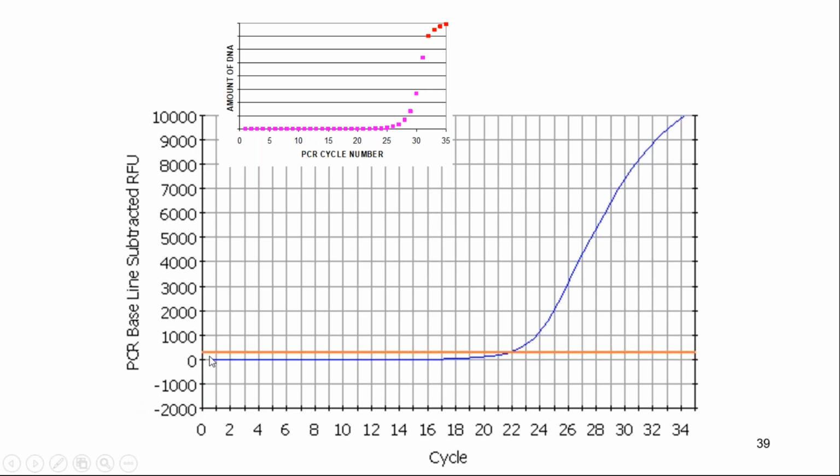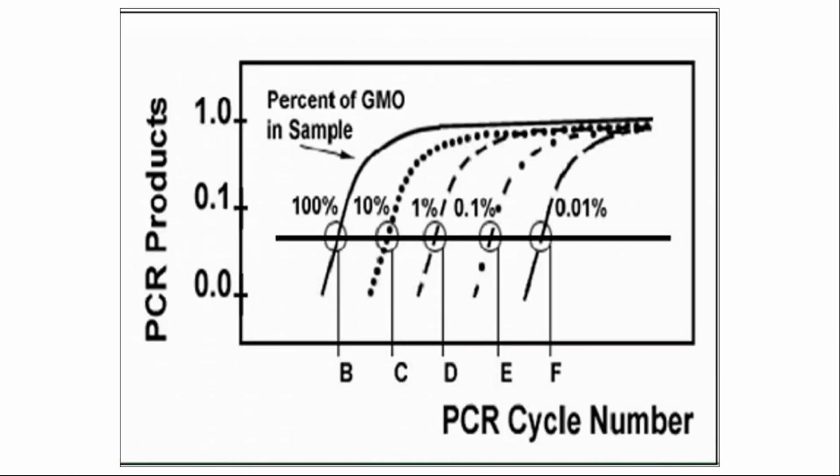So you see, even though DNA is formed, the fluorescence, because the probe is still bound, you do not see the fluorescence. But as the probe gets hydrolyzed, the fluorescence is visible. So this is used to quantify the amount of the target DNA that we are interested in, or the analyte. So if you look at GMO analysis, so if you see, when you have less GMO,